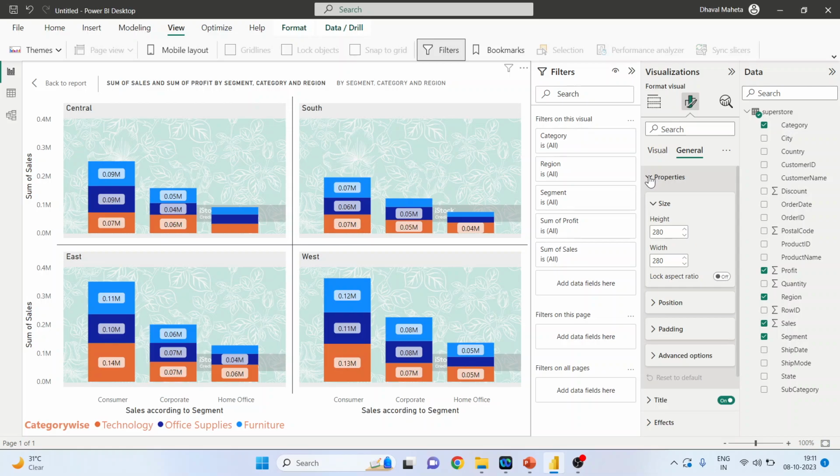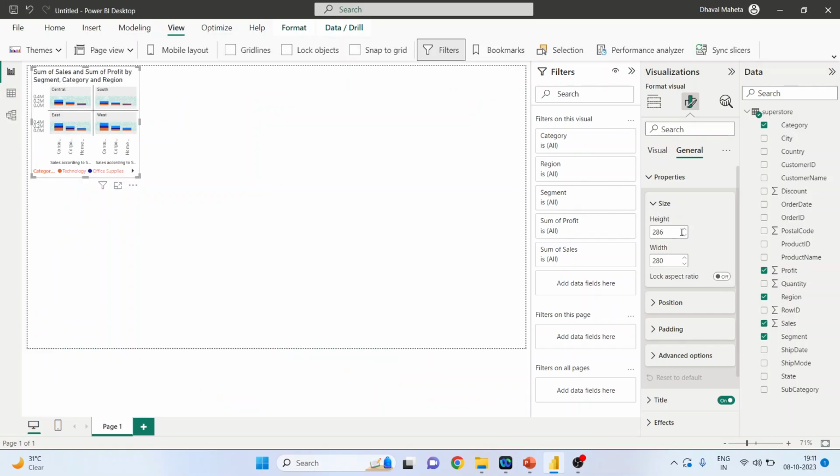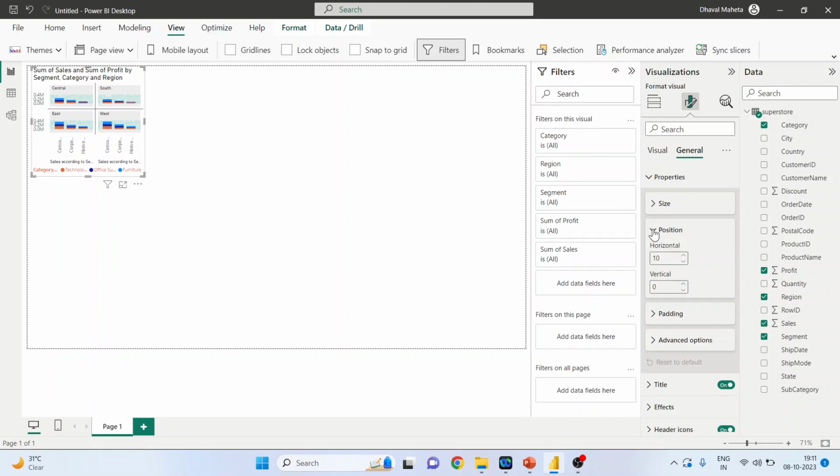Now click on the properties. I can change the height and width of this chart. So let me activate back to report and see the changes which are happening. Width, okay. So this is the size, position, horizontal, vertical,